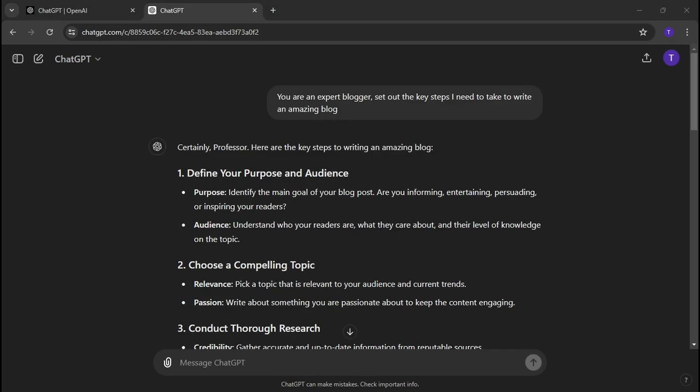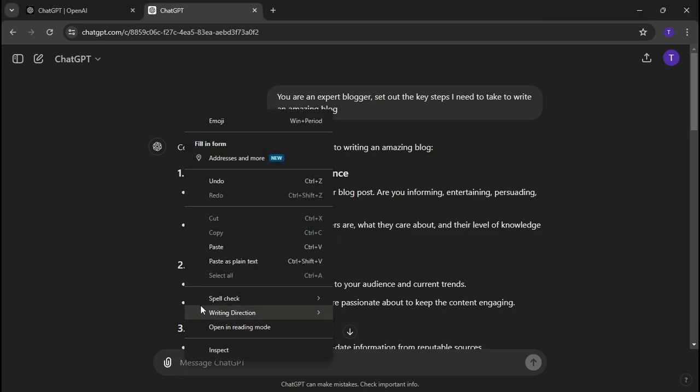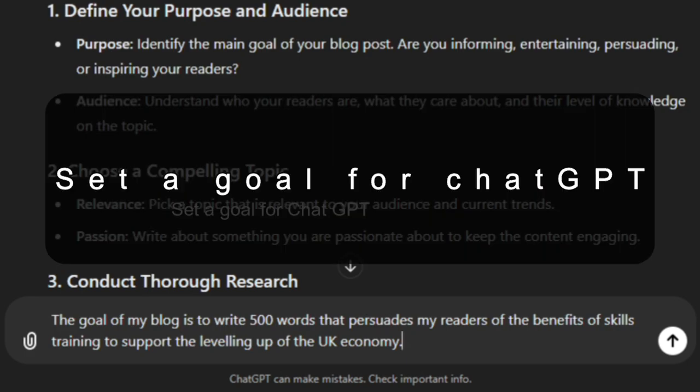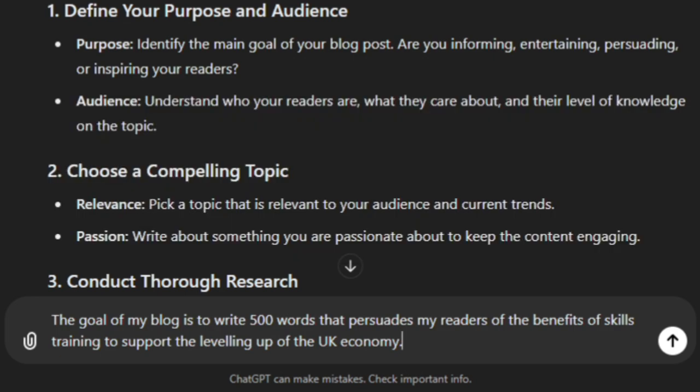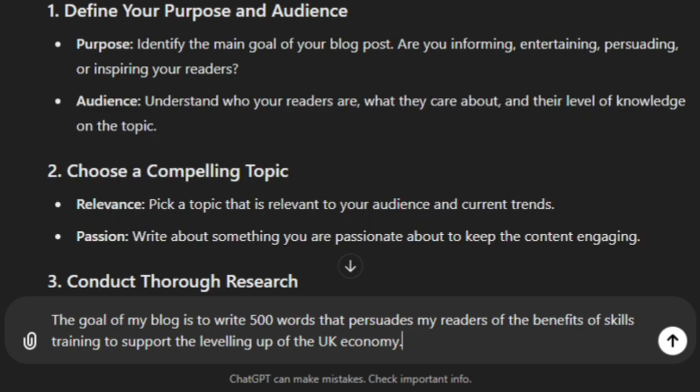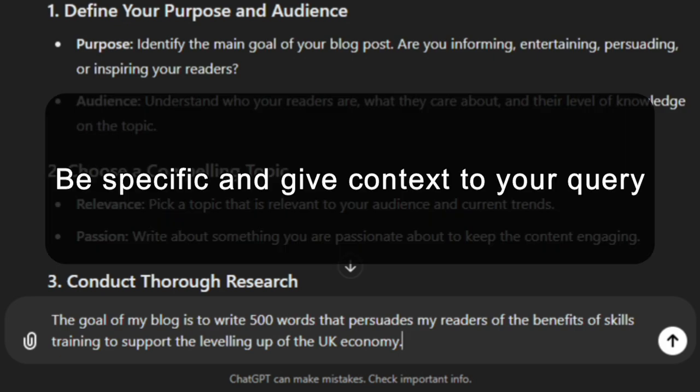Okay, let's start building the prompt that will help us to write this blog. First of all, we need to define the purpose, and we need to choose that compelling topic. So here I've written for ChatGPT: the goal of my blog is to write 500 words that persuades my readers of the benefits of skills training to support the levelling up of the UK economy.